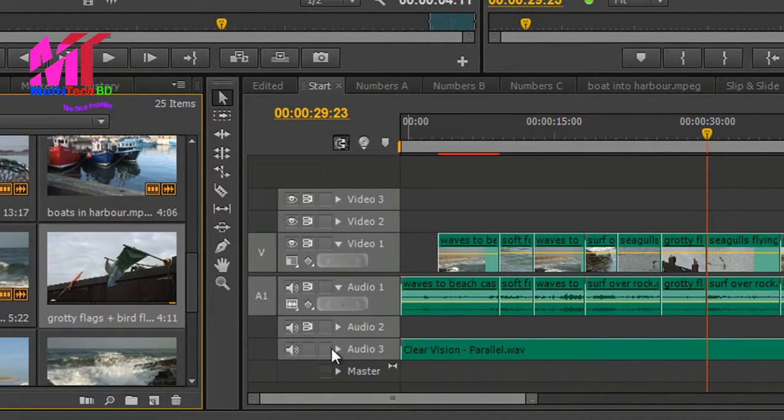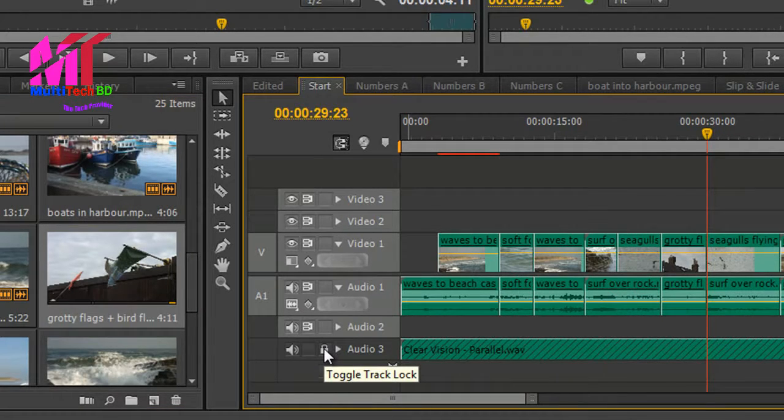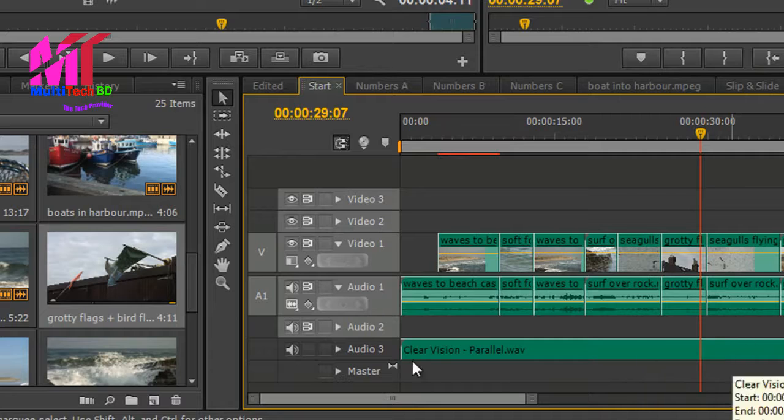Some people like to lock the clip. This is the lock button in here, which will also have the same effect. But the only problem with that is I can't actually get in to edit this clip in any way, shape or form once the lock's in place. So you've got toggle sync lock, which will stop you being able to cut this track, and lock option to be able to physically turn the track